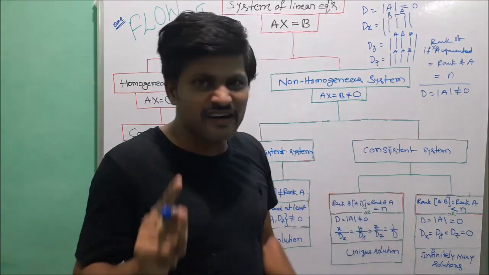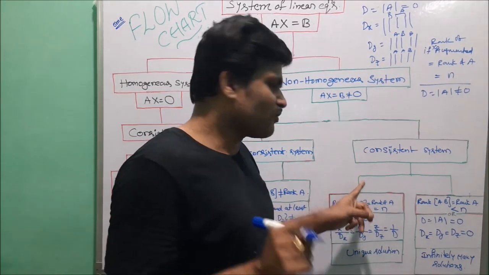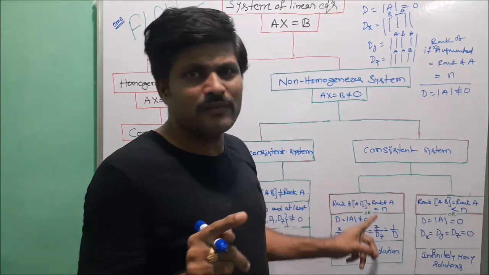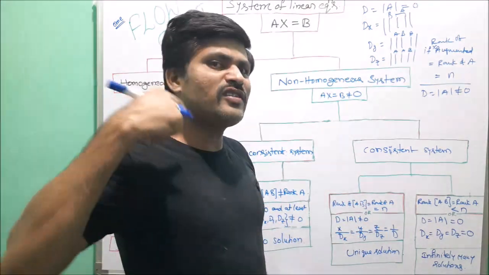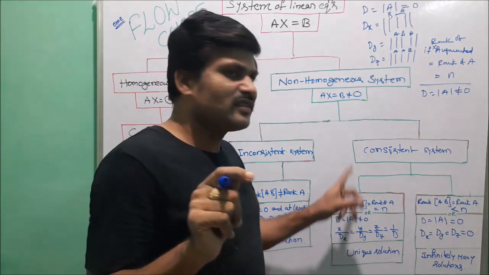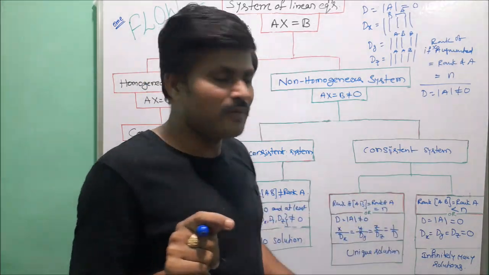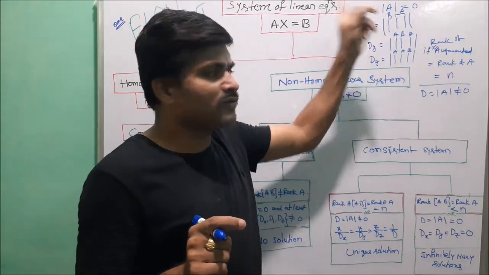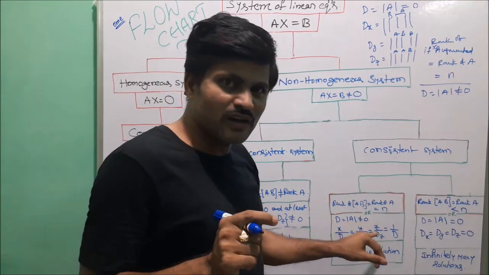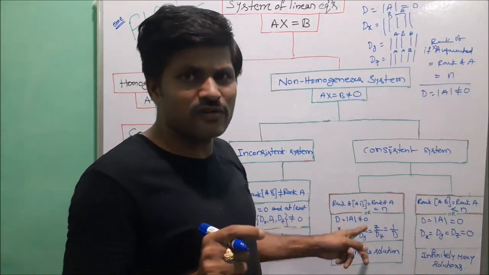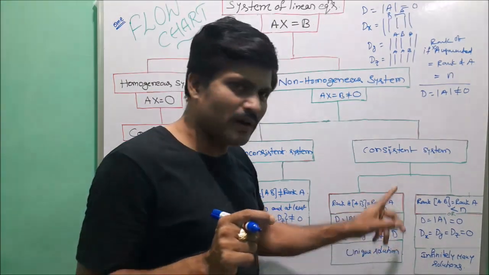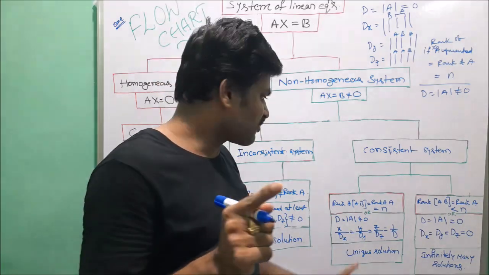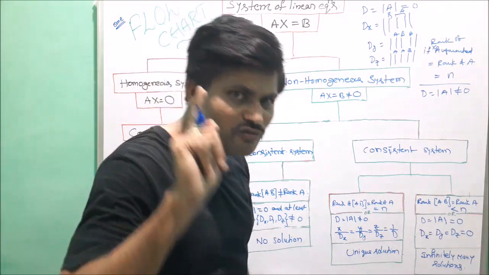Similarly, if the non-homogeneous system has at least one solution, that system is called a consistent system. If the system has one and only one solution, this exists if the rank of the augmented matrix equals the rank of A, and also equals the number of unknowns. Then the system is called a consistent system. Here, based upon determinants, first of all we find the determinant of the coefficient matrix, which is not equal to 0, and using the relation x by dx equals y by dy equals z by dz equals 1 by d, we find the values of x, y, z, which is one and only one solution. Now that solution is called a unique solution. Here the number of solutions equals 1.